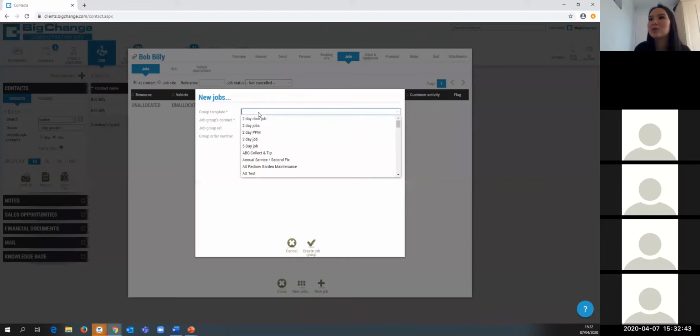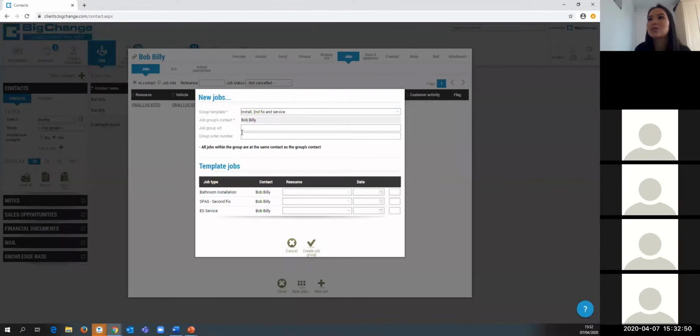So if I go to group template and just type that in because there are so many there. The job group contacts picked up Bob Billy, because I'm already there. Now you can say, I know that Danielle is going to be doing this on Thursday at 9 o'clock. Actually, I don't know when the other 2 will be done. So if I create the group job